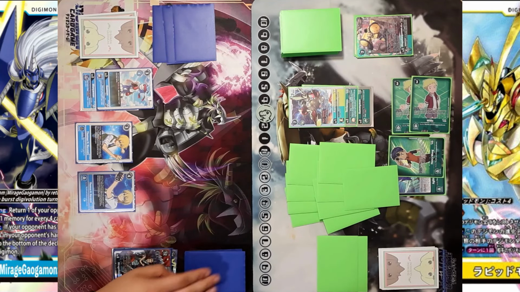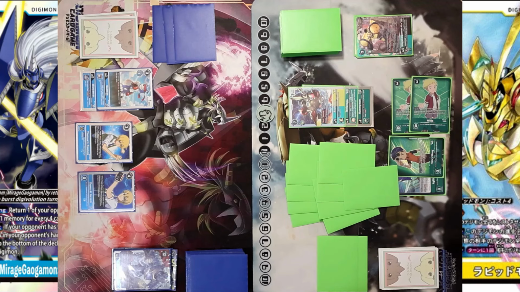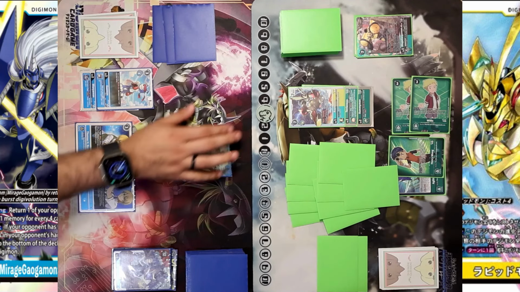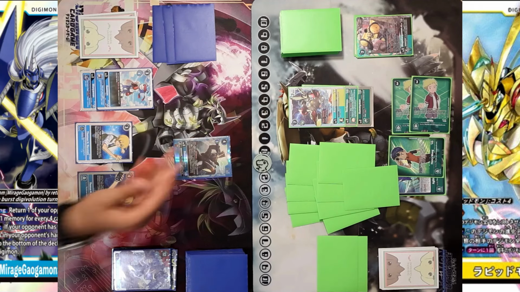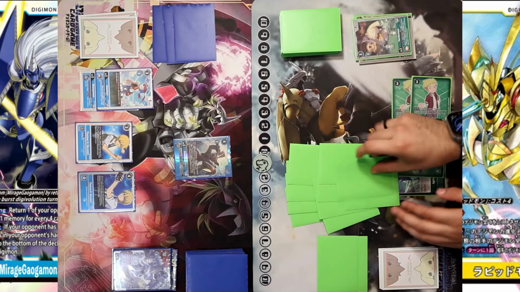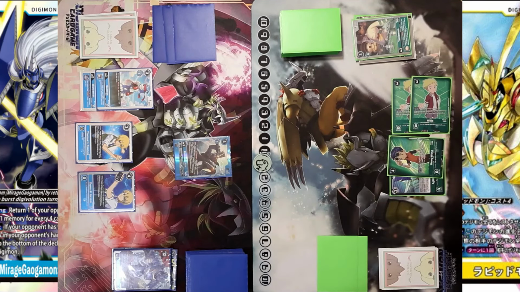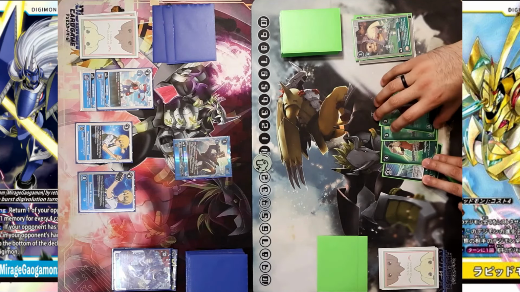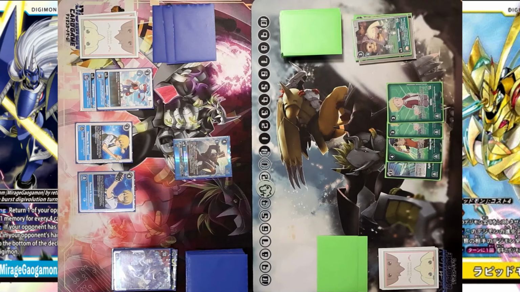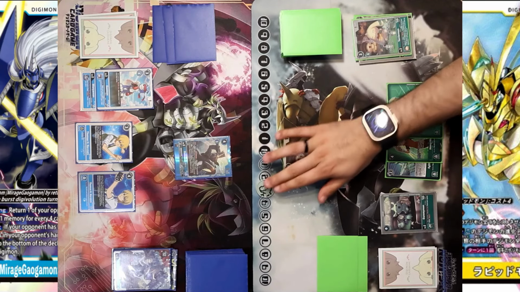Digivolve in the back for 0. Oh lord. Never mind. Plays a Zudomon. Zudomon on play, trash 2 cards from your opponent's Digimon, and then bounce a Digimon with no sources back to the hand. But yeah. Now next turn, all they gotta do is Digivolve into Mirage, unless they could get rid of the Zudomon there,